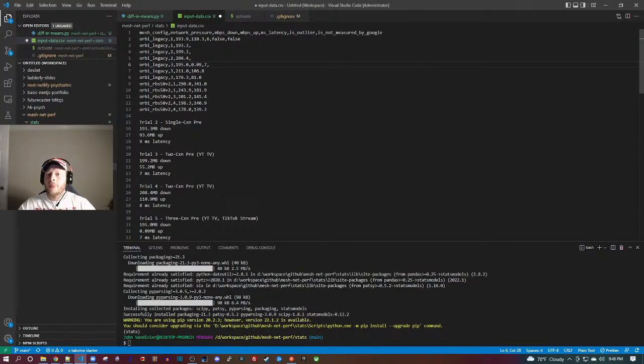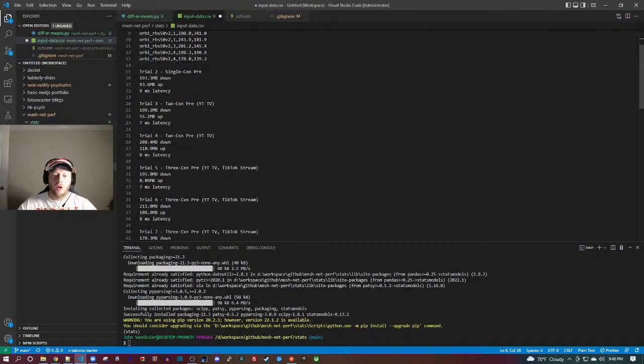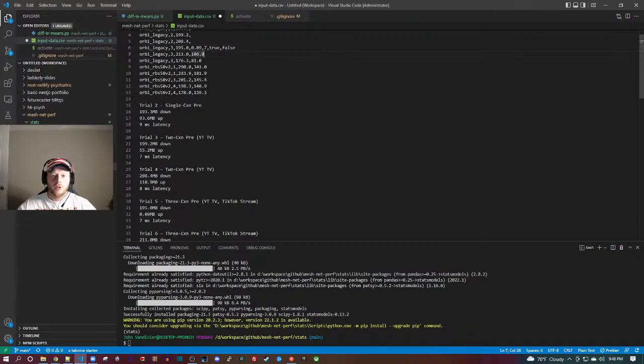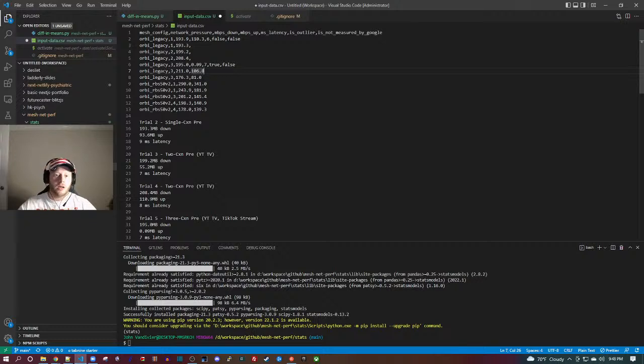Unremarkable latency. Is outlier true? Okay, and then is not measured by Google is false. All of the other entries will have true for this second from right column value. Now with the 110, trial 4 matched to line 5,